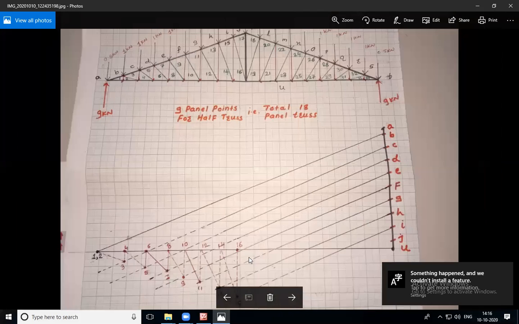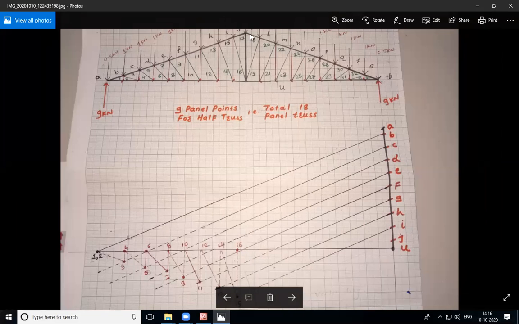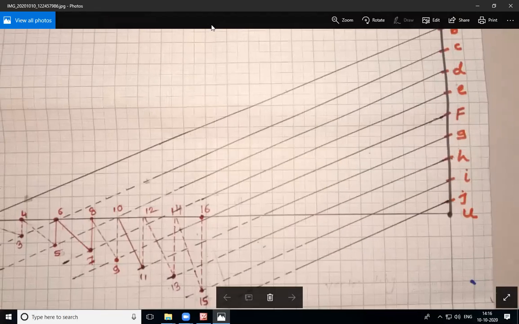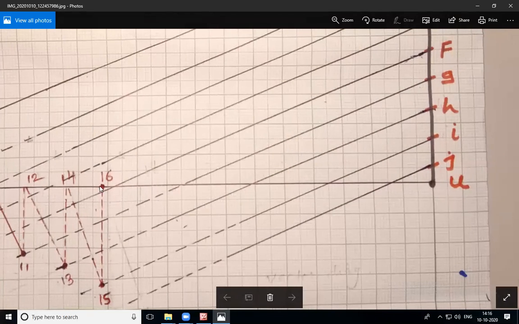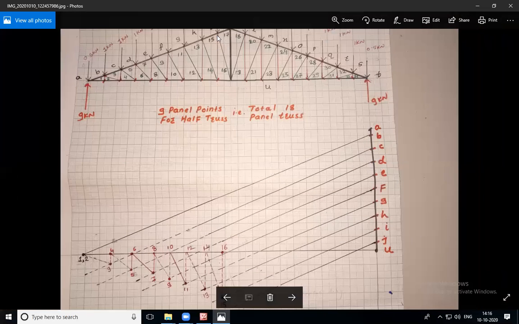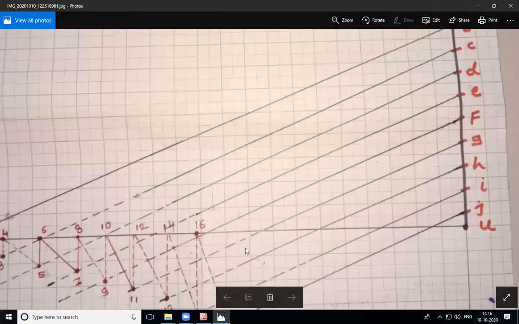Okay, so the figure will somewhat look like this. The location of 16 will be known. Okay, then 16, 17 is an inclined line. So before that inclined line, take the next joint, that is J. Draw a parallel line J17 from J. Okay, so the figure will look like this, J17, and draw one line which is parallel to this 17, 16 or 16, 17. Okay, so it will meet the J line somewhere here.